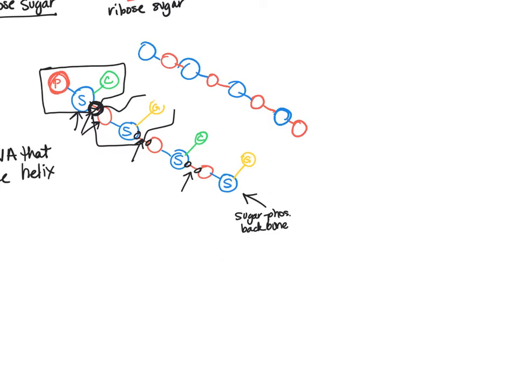And then attached to those phosphates and sugars, we have cytosines and guanines, just because I used those two in this example, but we'd also have adenines and thymines as well. And in this case, guanines and cytosines are actually going to form hydrogen bonds